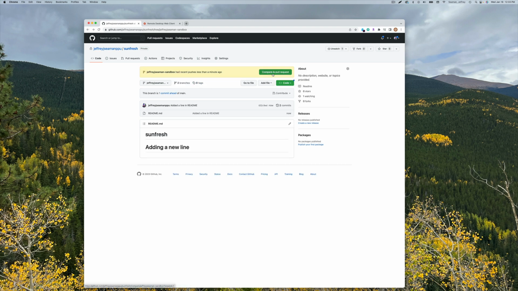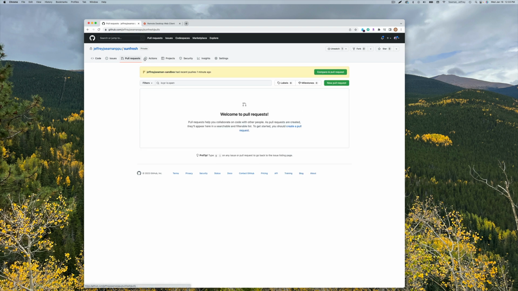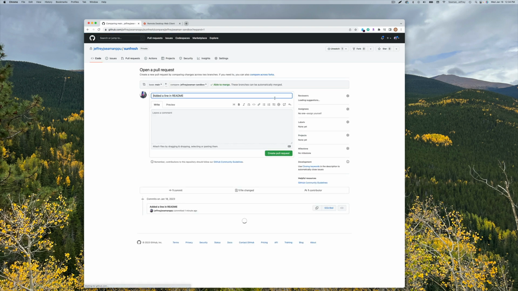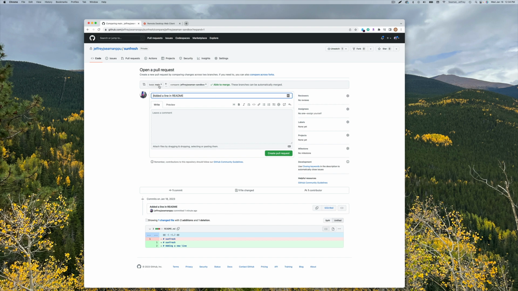So you could do a compare and pull request. That's one way. You could come into pull requests and do a new pull request. But you see right here, JCman had this. It's pretty easy to do. Compare a new pull request, main to that, and you can leave a comment. I'm not gonna create a pull. Well, we'll do it for the heck of it. Please close this out,